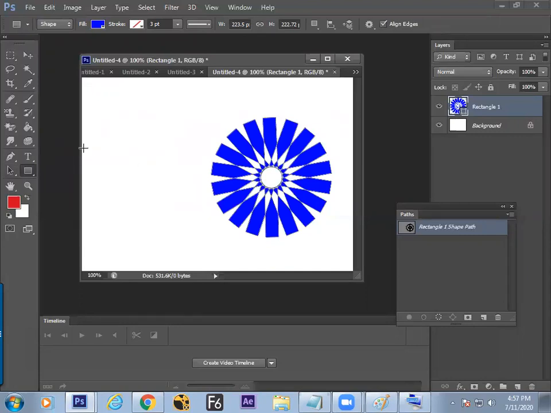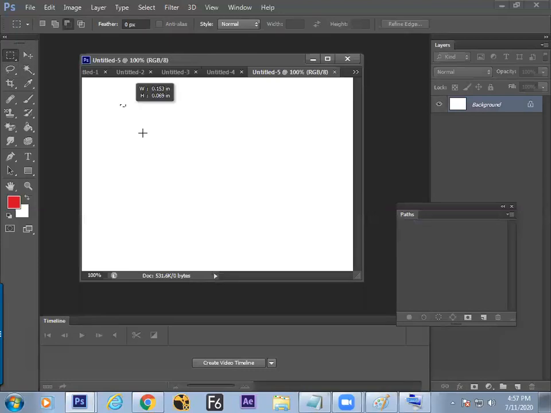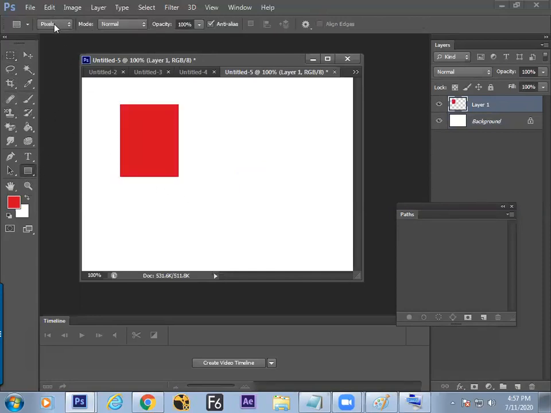In the rectangle we have dealt with only the first option. Now we'll be moving to the second and third option. Before going to the second option, let us move to the third option first. It is easy to understand. We have done the rectangle in the previous case. So let's take a new file. Rectangle we have done, and we have filled the color by taking a new layer. Very nice. Same job is done here directly. It is also pixel, it is not vector.